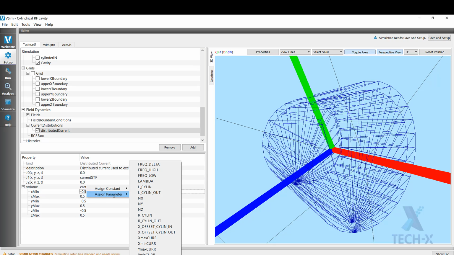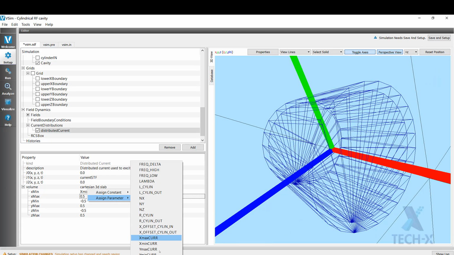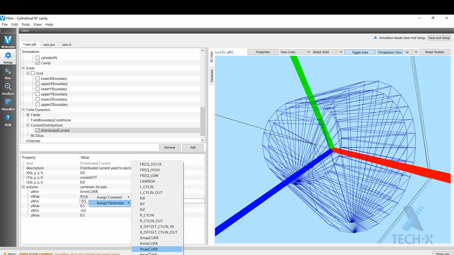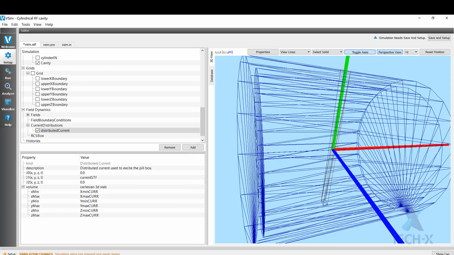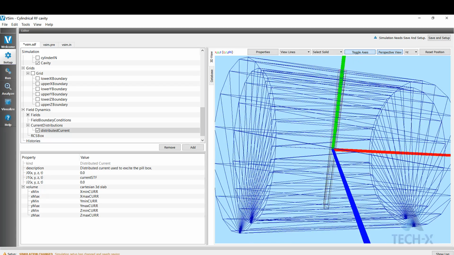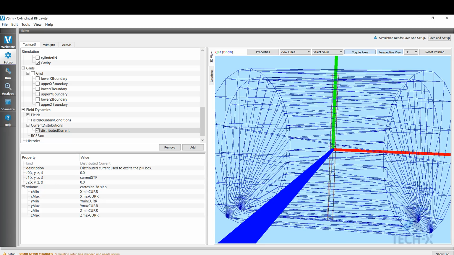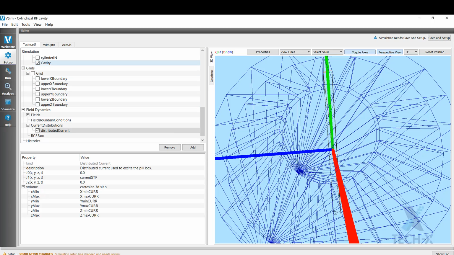I've assigned parameters for these particular dimensions. So I want X-min to be X-min current, I want X-max to be X-max current, and same with all the other coordinates. And now you can actually see that this piece of geometry, it's actually not a geometry, it's the current, but it looks like part of the geometry. That is our new current, which goes